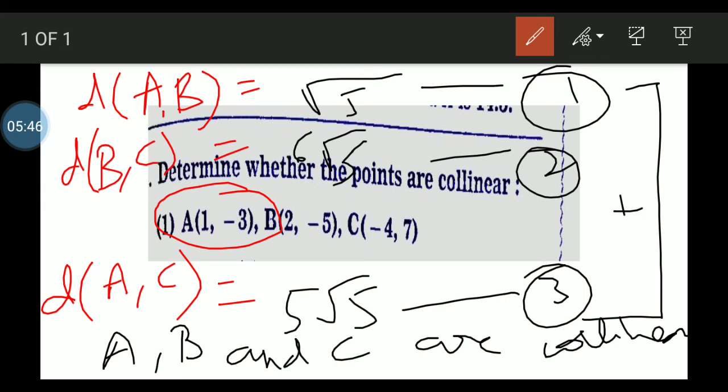Okay students, in the next video we are going to learn the topic to verify whether points are equidistant or not, and whether it is a right angle triangle, and vertices of a parallelogram. All different things we are going to find in the next video. Okay, thank you.